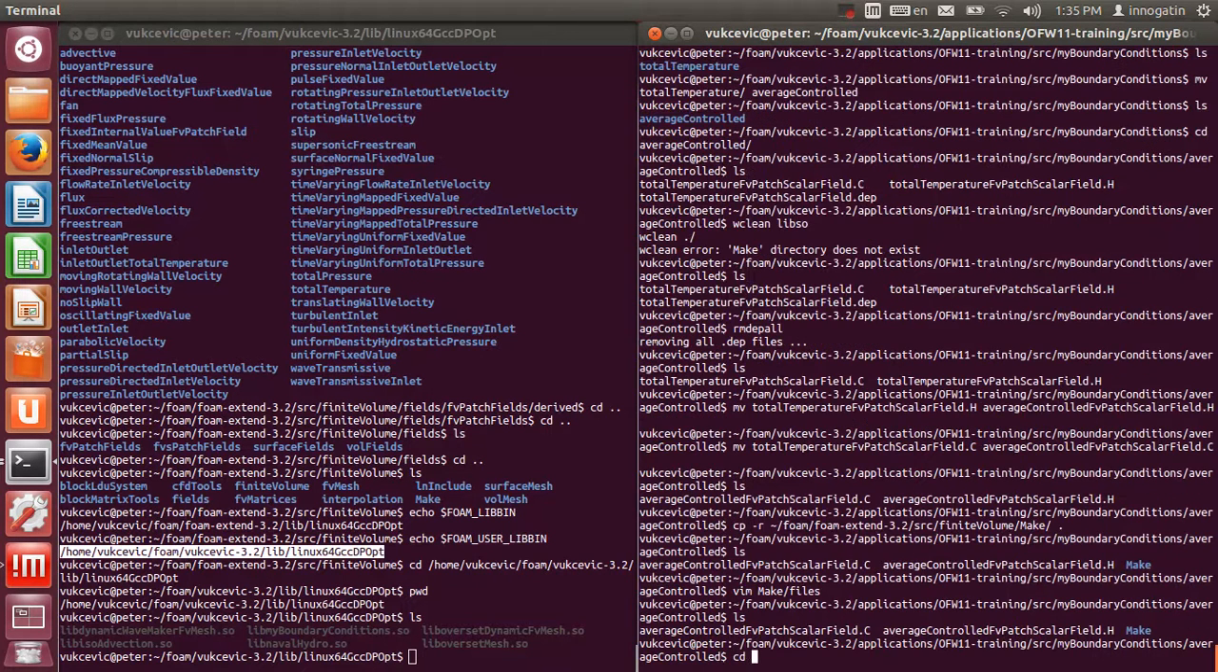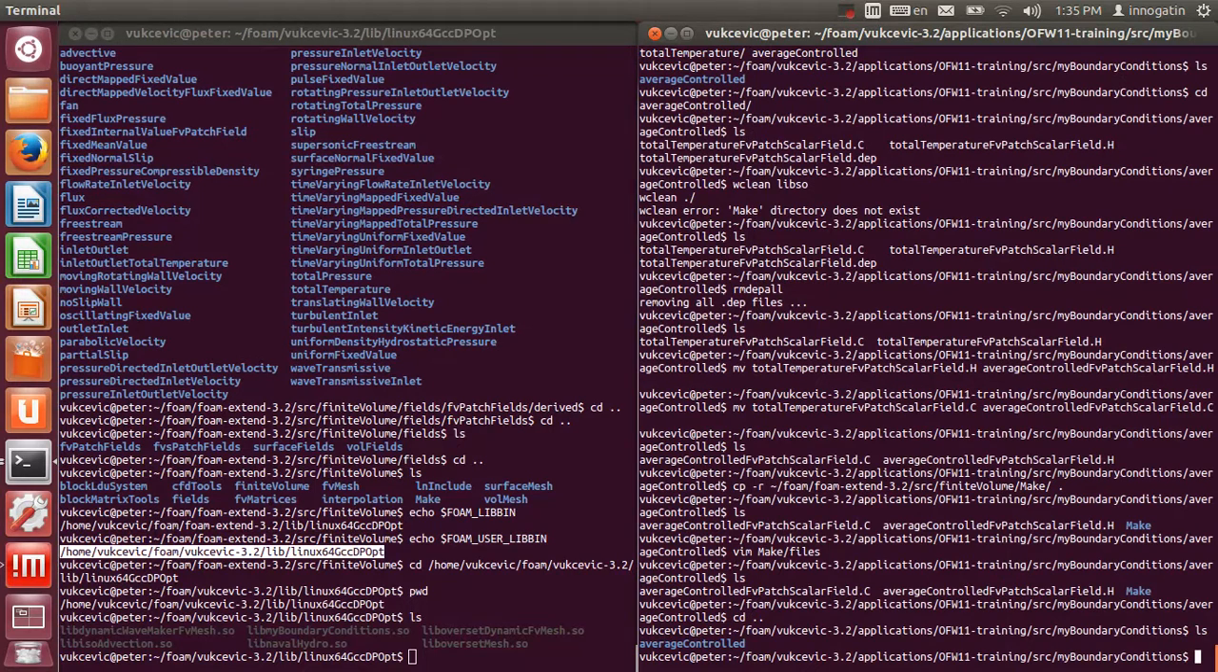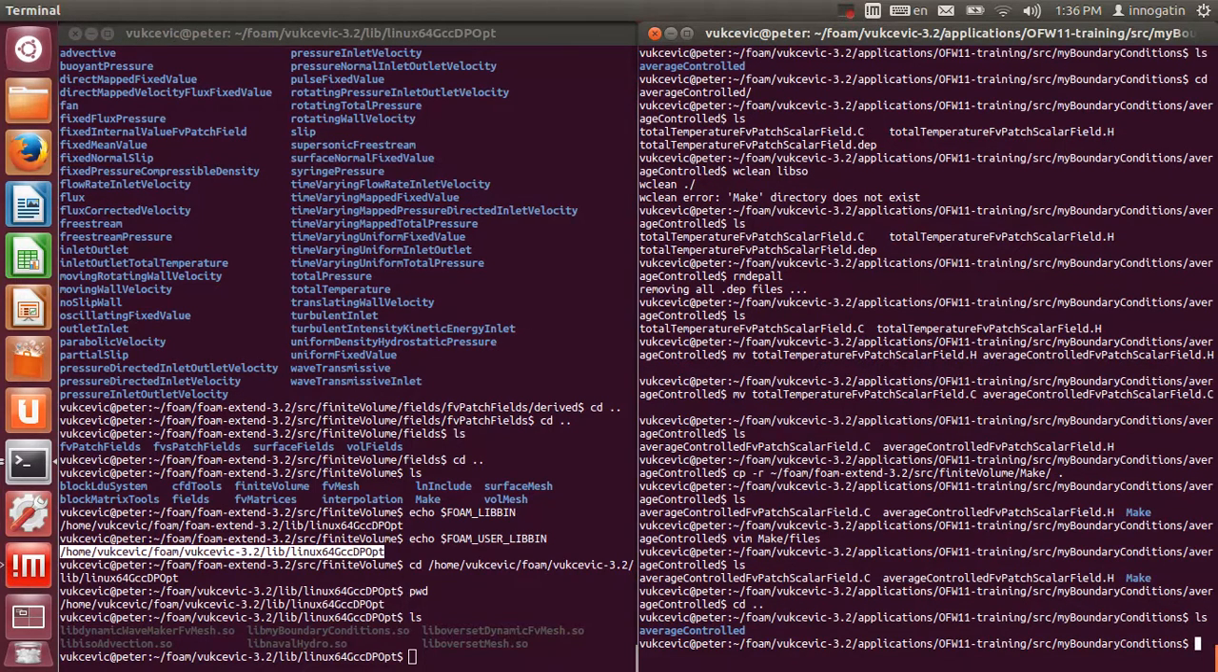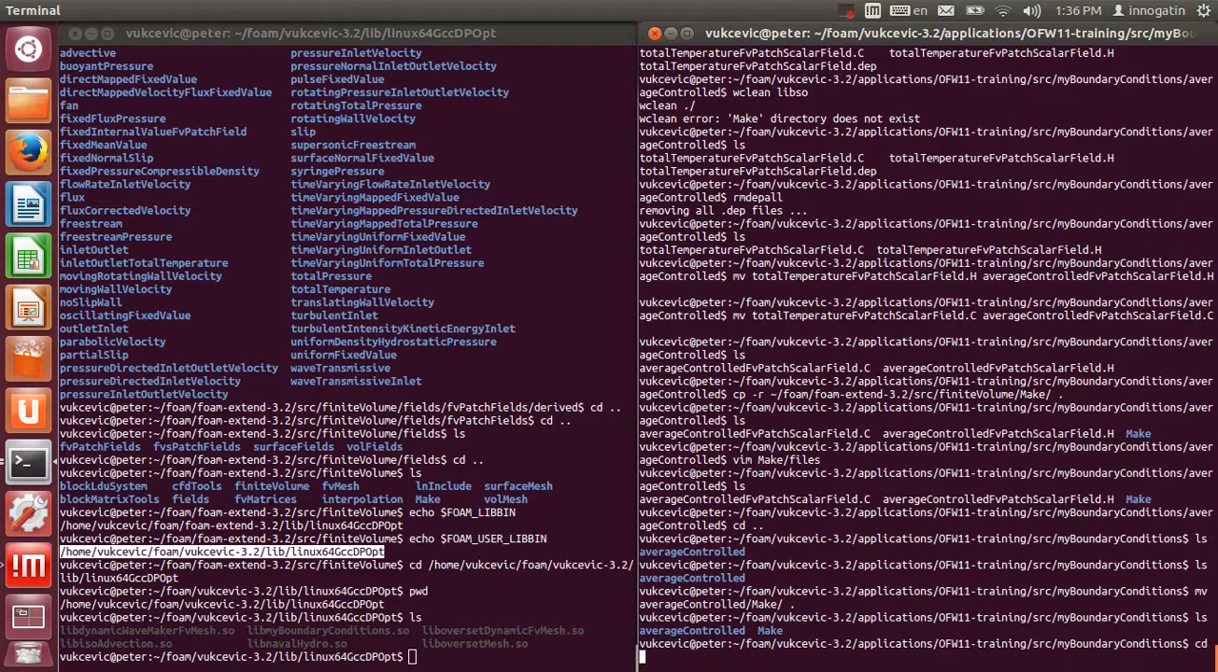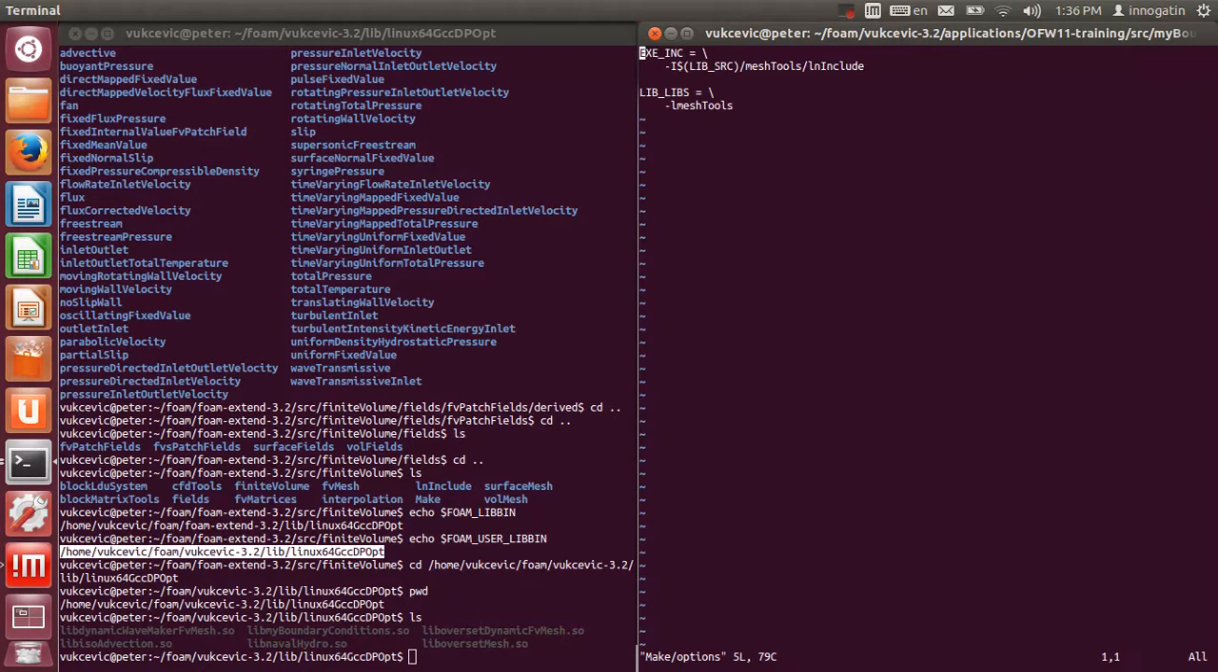This is it. Now let me just check. Oh yeah, this make file should not be here, but in the parent directory. And now in make options, we have includes and additional libraries that we're going to use. And here we need to remember that we need to also include